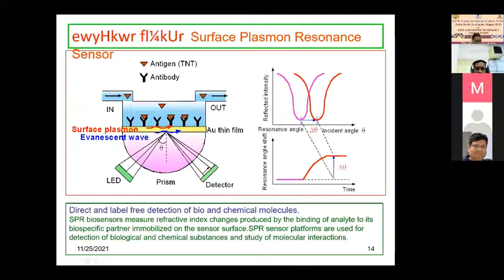Then there is a spherical glass prism, a quartz prism here. And then there are LEDs here in a rectangular fashion. They are assembled LEDs, and they fire light at an angle theta to the base of this gold film. Then there is a detector array, a totally XY-dimension detector array with many locations. These detectors measure the reflected intensity of the light from this surface.